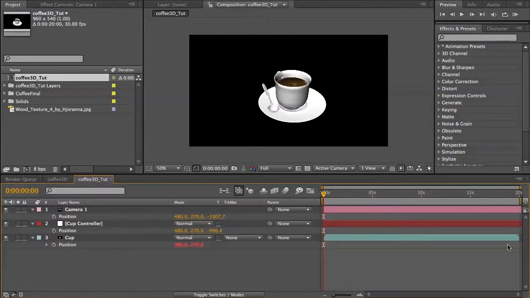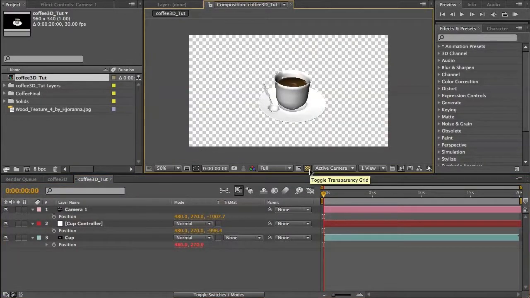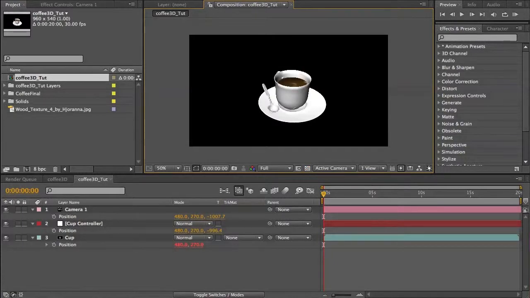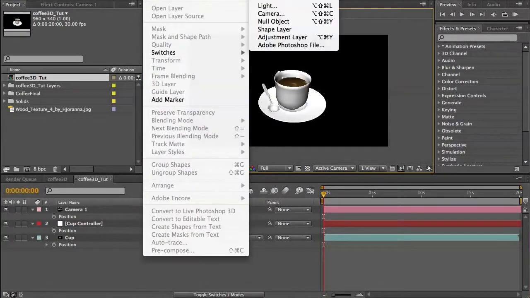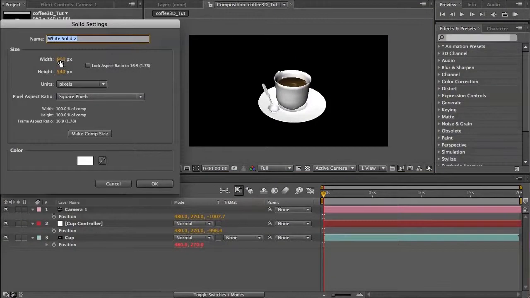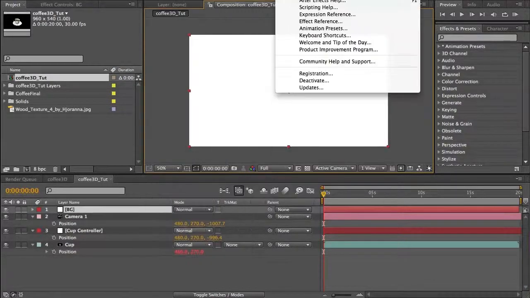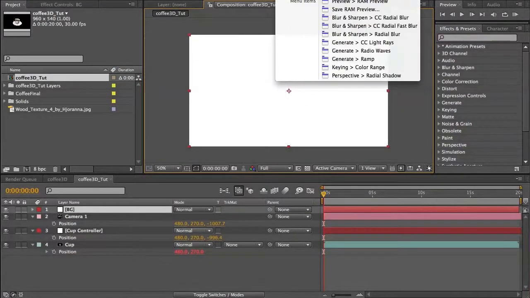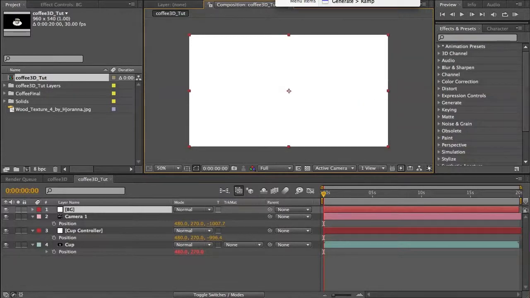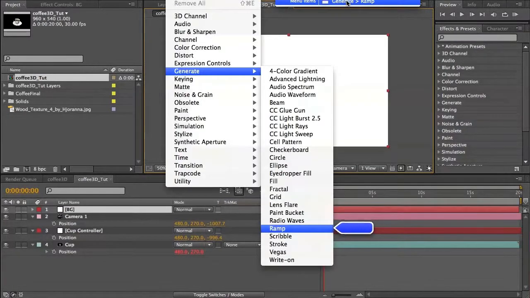So let's get started. Our first step here is to give it a little background. Right now we've just got the coffee cup in there. So let's go up to Layer, New, Solid. We can just make it a white solid. Let's call it BG for our background. We'll say OK. Now let's do a ramp. So let's go to Effect, Generate, Ramp,